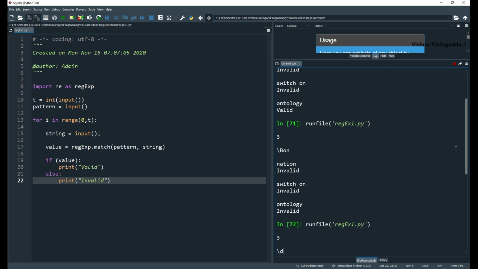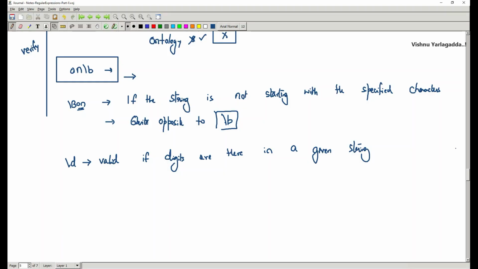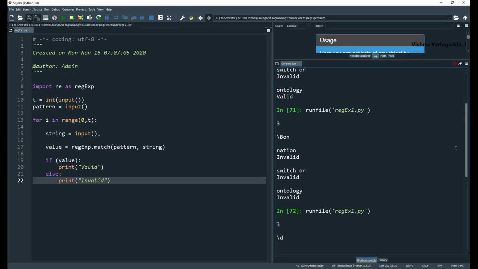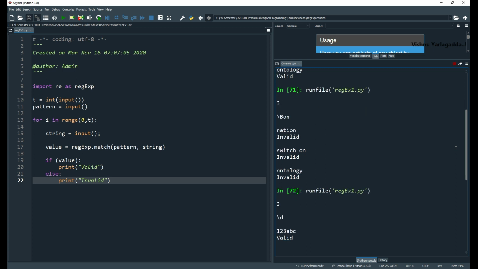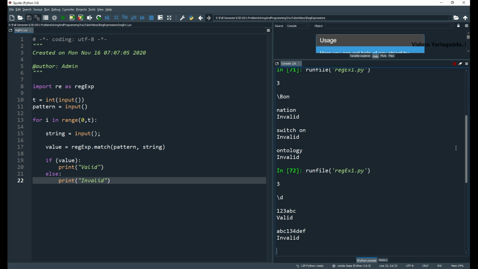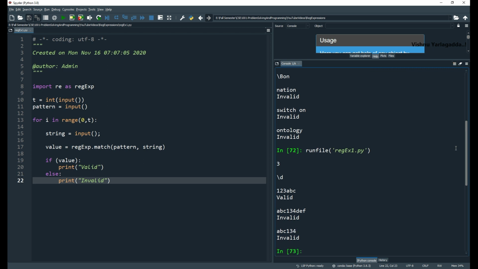Backslash d is the pattern. Then 1 2 3 abc is valid. abc 1 2 3 1 3 4 def is invalid. abc 1 2 3 is also invalid.